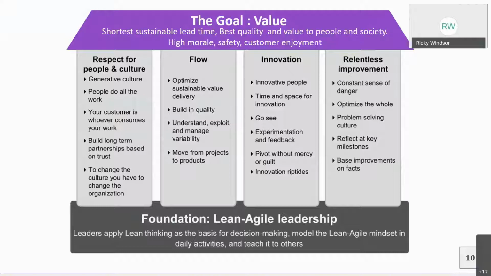You have to understand that your customer is whoever consumes your work. And this is what I was mentioning regarding product, right? Whether it's a document, a con-op, for instance, or a physical product or an installation of a device or software or one of those things, whoever consumes that product, that is your customer. And you have to really ingrain that into everybody's mind for that product to really be working, right? You're not doing them favors, you're delivering their product to them,